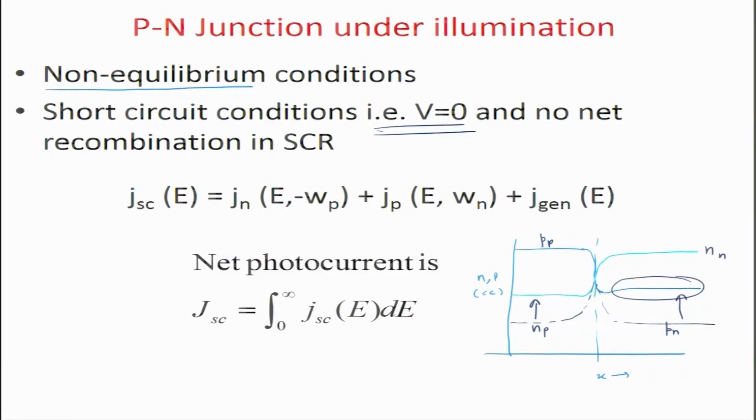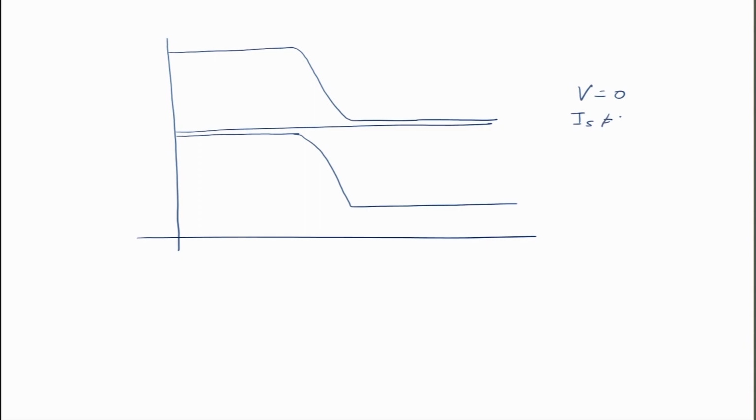There is no bias. So if you look at the Fermi level, if you look at the energy situation, I can maybe insert a slide here. I'll come back to the slide again. So if I just draw the energy band diagram, let's say this is at 0 and this is your EC, and this EC is like this. Okay. So we are having V equal to 0, but I_S is not equal to 0. So this condition is called short circuit